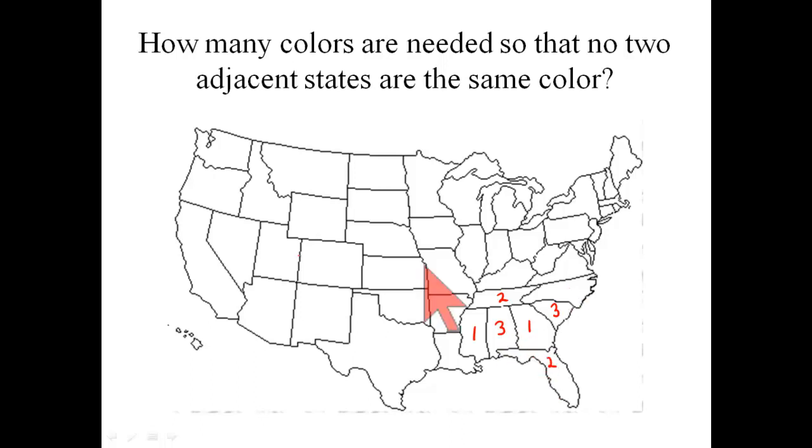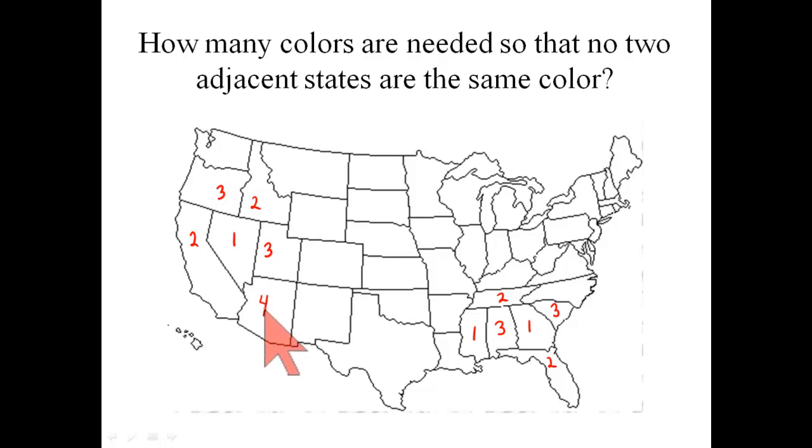I started down here. Let me go over here to Nevada just because I know how this is going to work out. Let's let Nevada be color number 1, and California has to be different, color number 2, and then Oregon has to be still different, so color number 3. Then I could use color number 2 again for Idaho, and color number 3 for Utah. And now I come down here to Arizona. Notice it can't be color number 1, can't be color number 2, can't be color number 3, has to be